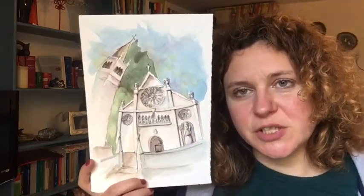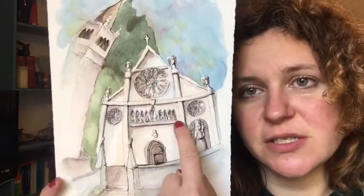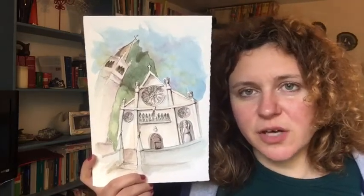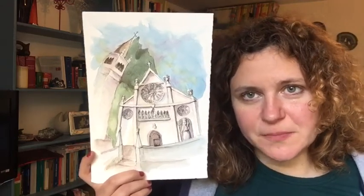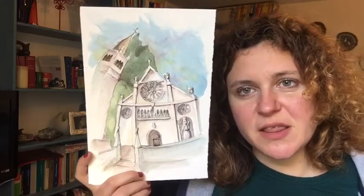In particular, the facade has this series of statues that represent the Epiphany, the whole story of the birth of Jesus, particularly when the kings came for adoration. And so the statues represent the whole story. And then this is